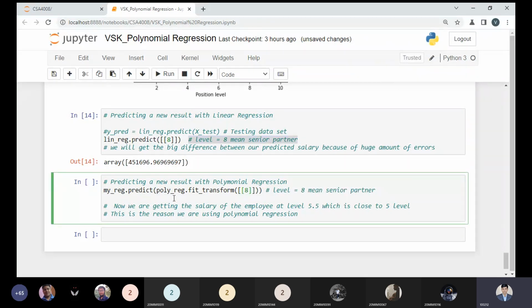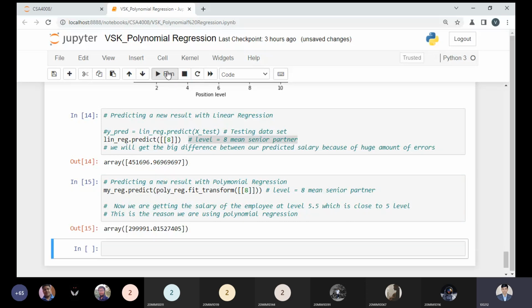You can observe that it should come close to the senior partner salary, that is 3 lakh rupees. If it is very close to 3 lakh rupees, we can say polynomial regression is better. This model is better than the linear regression because we are getting a salary close to 3 lakh. Let me execute this code in front of you.